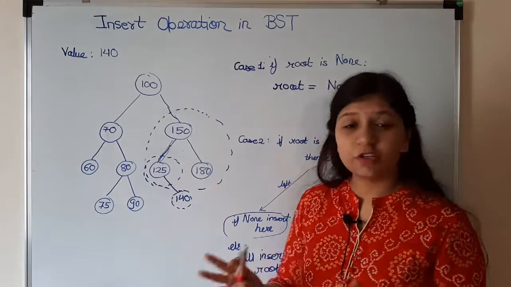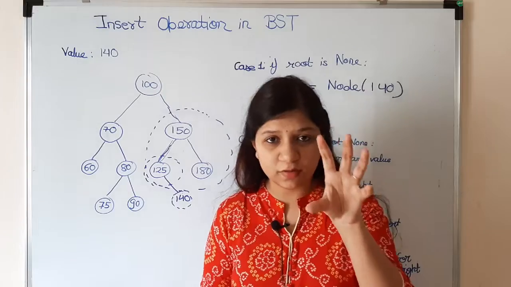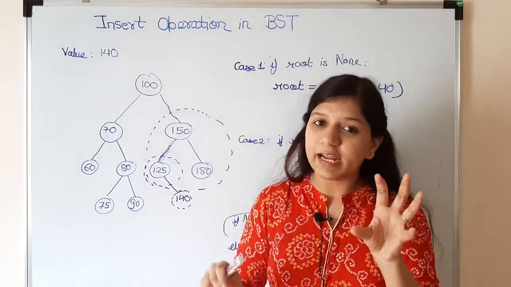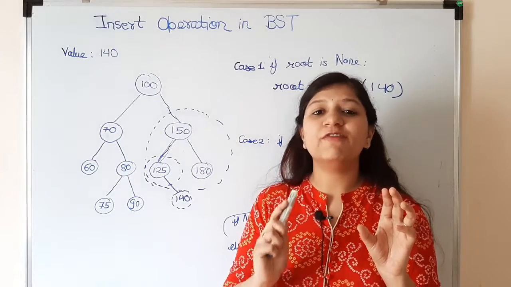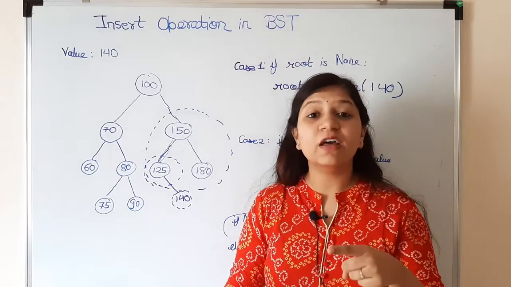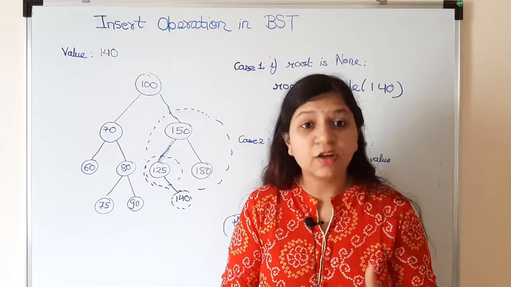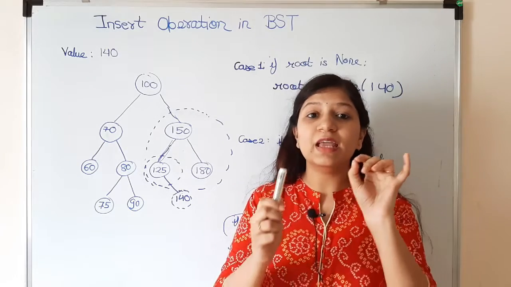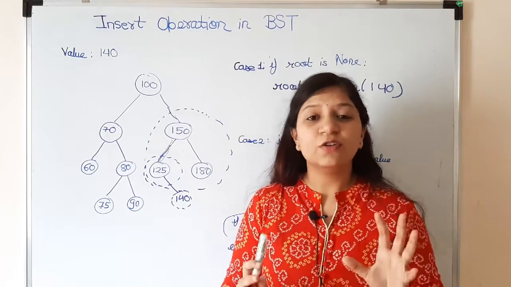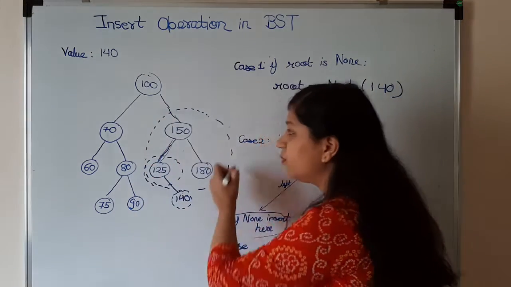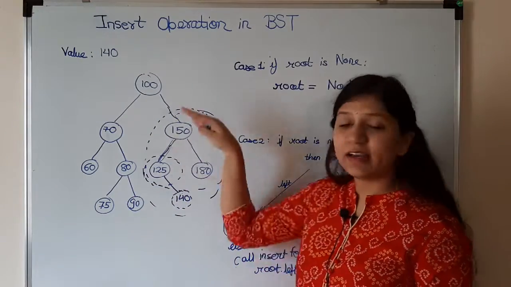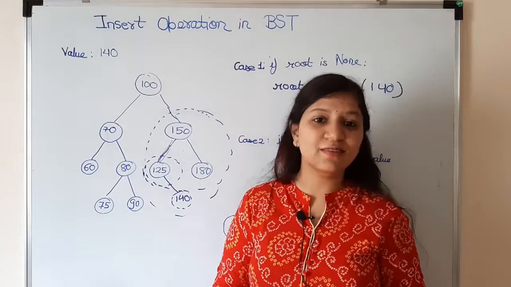Okay friends, so you got the logic of what we are doing here. Every time we are checking the node's data with the value, and if your value is greater, we'll check the right of that node. If it is empty, we'll insert the new node with this value there itself. If it is not empty, we call the same method again with root dot right, meaning the root node of the right subtree. Then we have made this problem smaller, just like here, to inserting somewhere in this right subtree. And we keep doing that again and again till we find the place where we can insert this node.